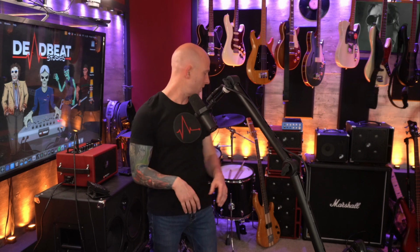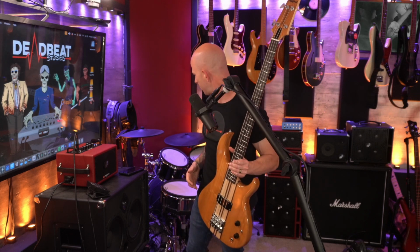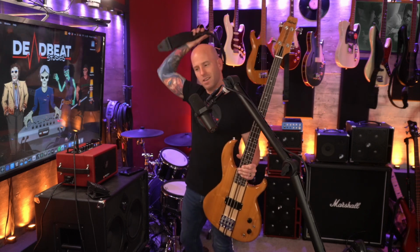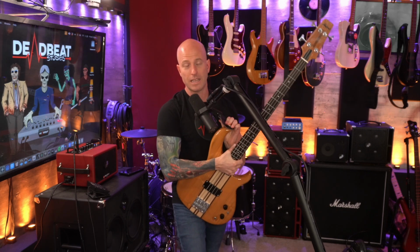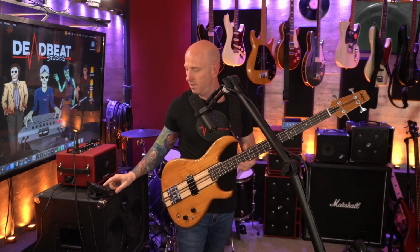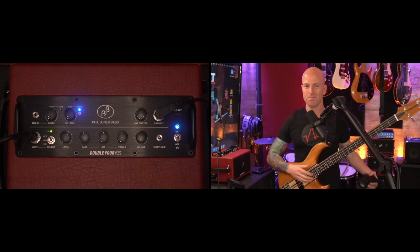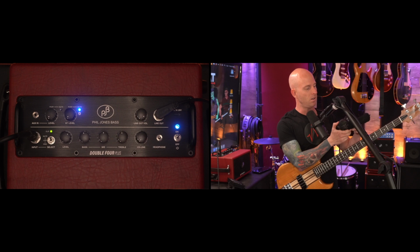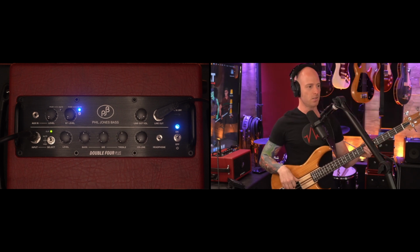Let me plug in a bass really quick. Got this one here. Let me put on a strap. And let's just make some noise with it. I'm going to start in headphones. That way, let's go over to this screen. We don't have to worry about the speaker goofing things up and mic placement and all that. So let's start. There's the bass